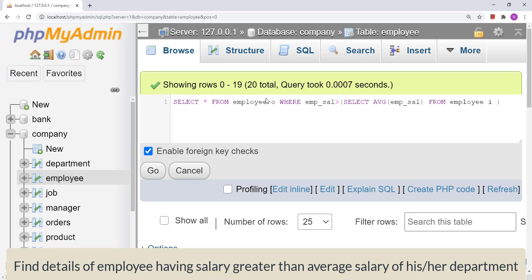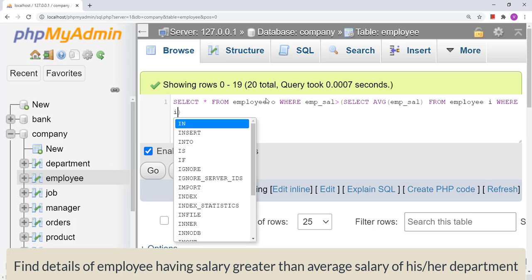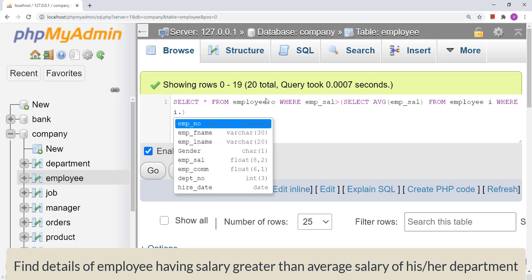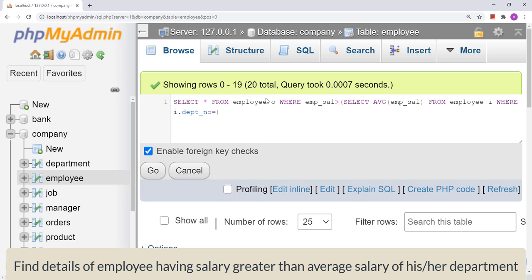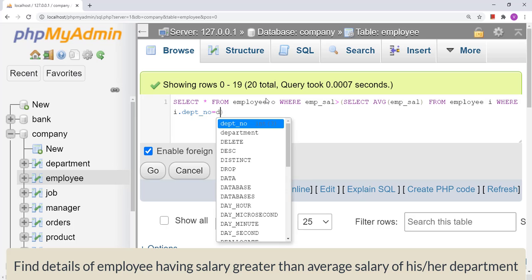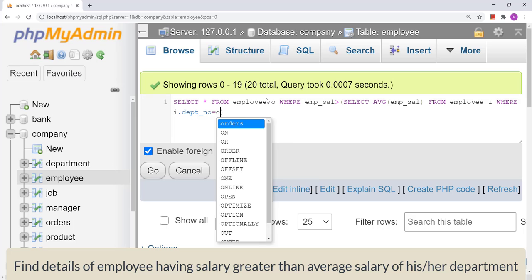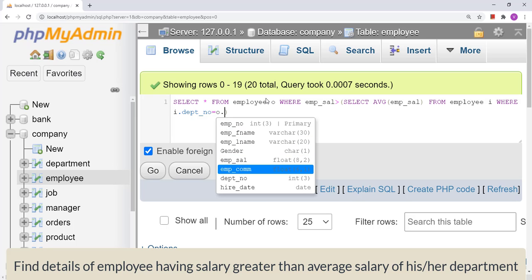So here I need to put one condition: where I dot department number, that is the inner table, equals O dot department number.